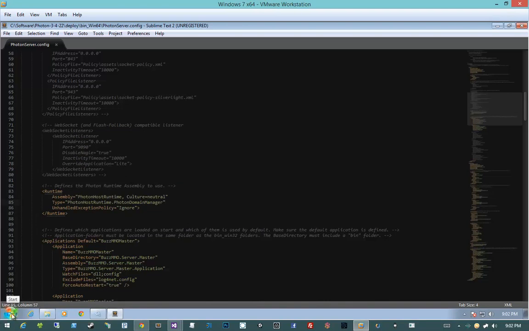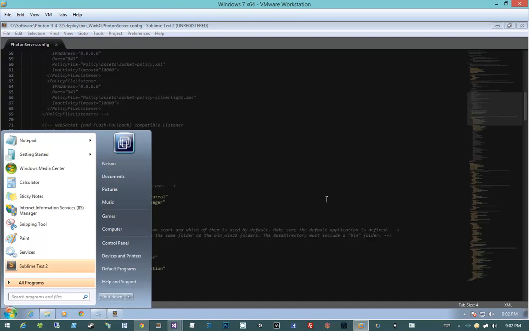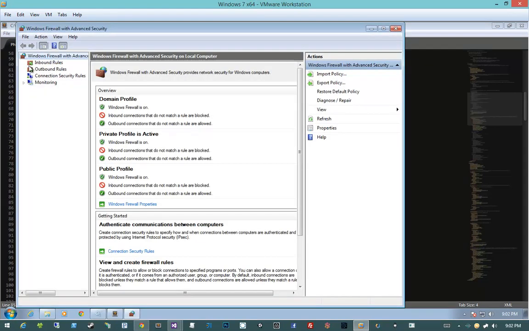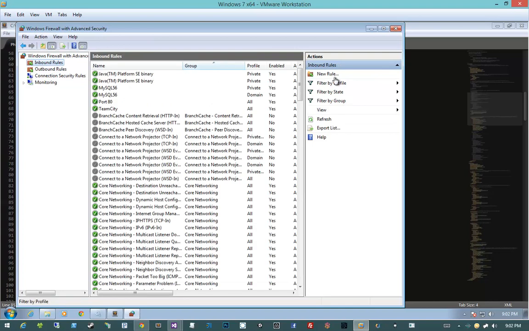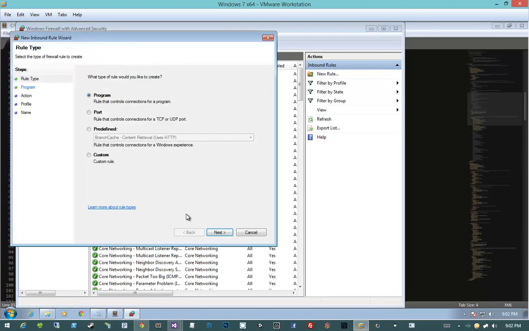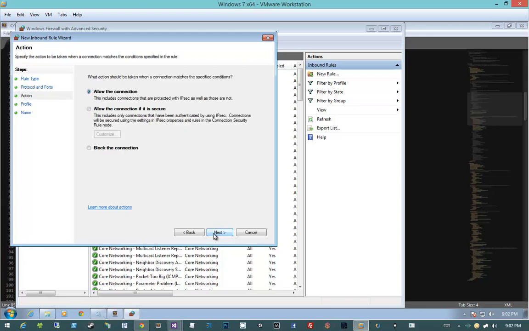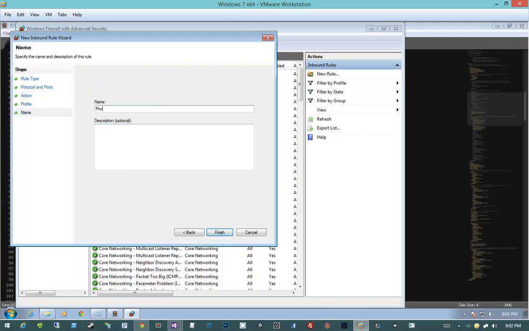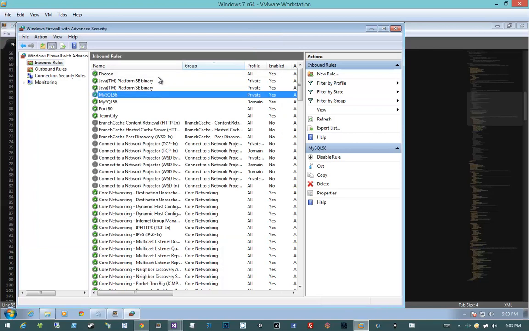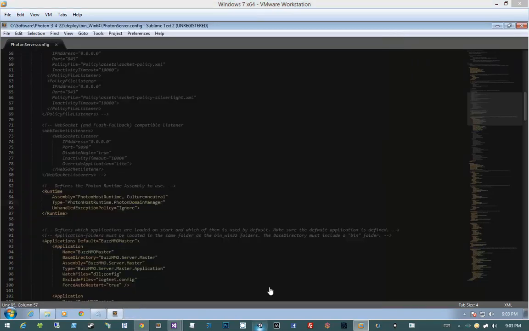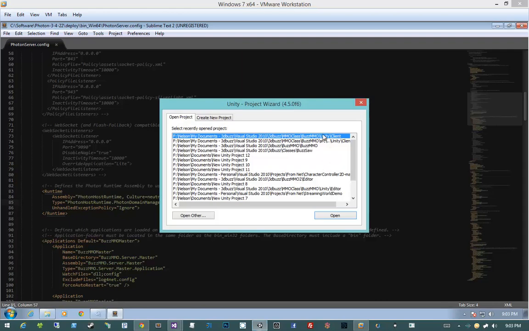So let's go ahead and hit start and type in firewall, and go to inbound rules, say new rule, say port 5055 over UDP, allow Photon. All right, we're going to go ahead and allow that port, and now we're going to go ahead and fire up Unity. And I'm going to open up Unity client,